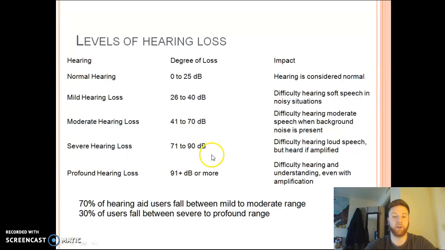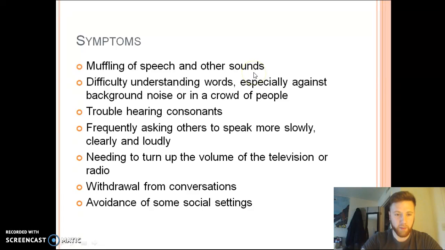Then you have severe hearing loss, again 71 to 90 decibels, that's hearing loud speech, but you can hear it if amplified, so things like hearing aids would work. And then you have what's known as profound hearing loss, which is 91 decibels or more, and that's difficulty hearing or understanding even with a hearing aid. So out of all deaf and hard of hearing, 70% of hearing aid users fall between mild and moderate range, and 30% of those users fall between severe and profound. So here are some symptoms